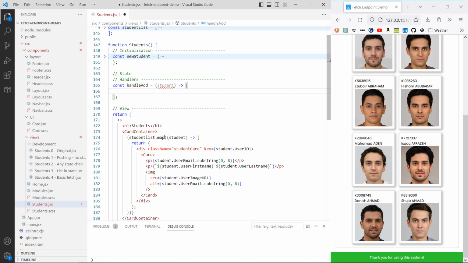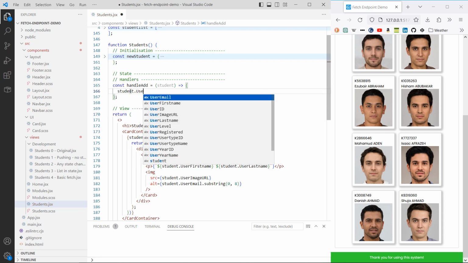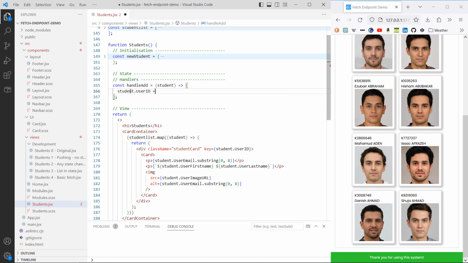Otherwise, in this map function here, as we render objects and give them a key, if they have the same user ID, React will complain. So here, the first thing before we add a new student to the list, we're going to give it an ID. So student.userID equals,